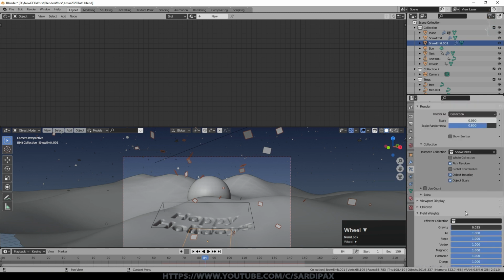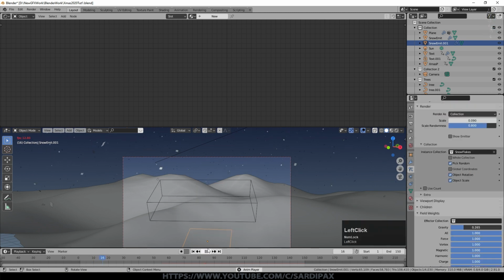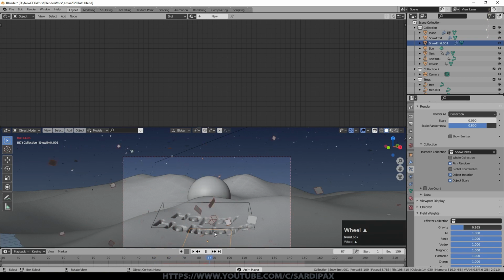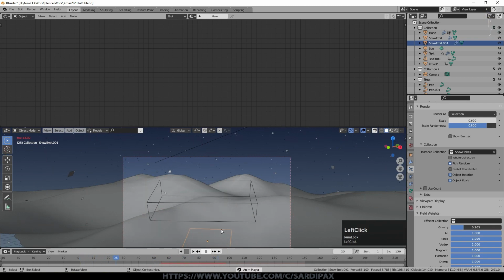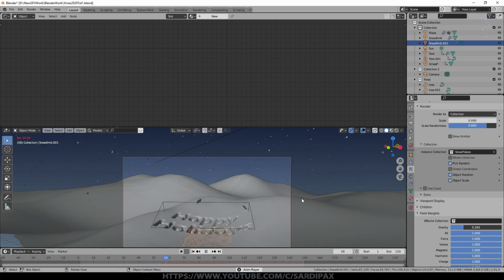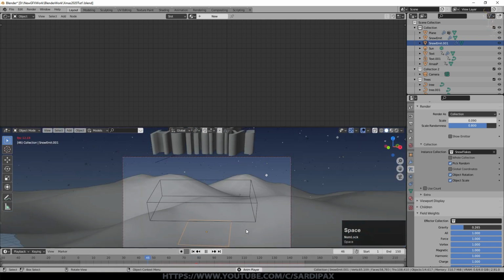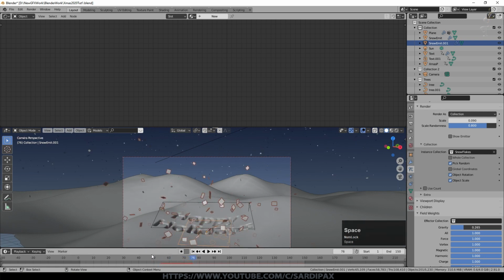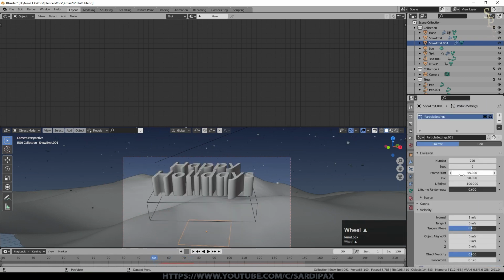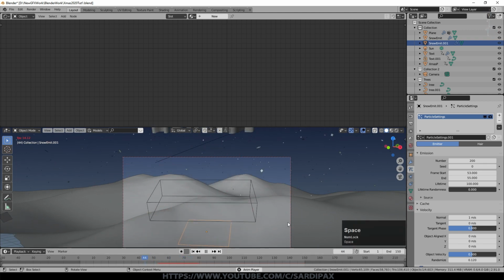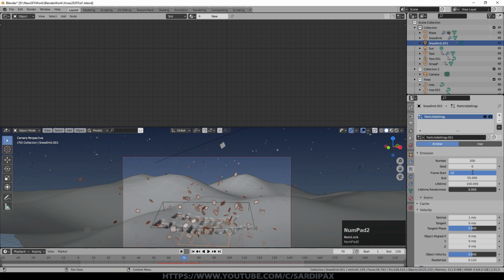So I've reduced that to 1 and I'm going to turn the gravity up because I guess these are slightly heavier, maybe slightly melted snow particles. There we go. And you can see we possibly need to adjust when they're emitted because they come out too late. It's obviously slightly below the surface and we can raise it up a bit, which will make them visible sooner. So let's just see what that looks like. That's closer, but you can see we just need to get them emitting slightly earlier. So let's go for 53 to 55 as our start and end frames. That's pretty close now. Maybe slightly earlier.